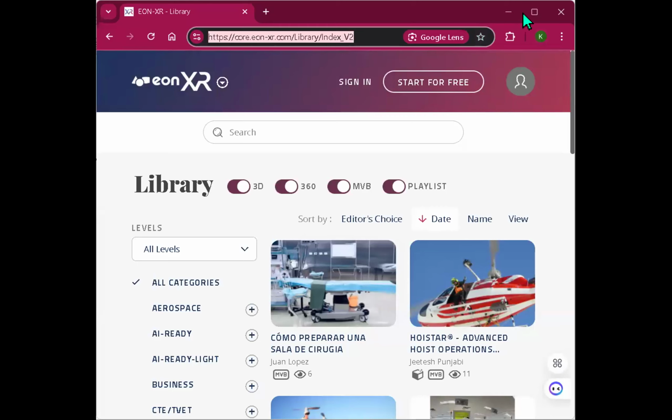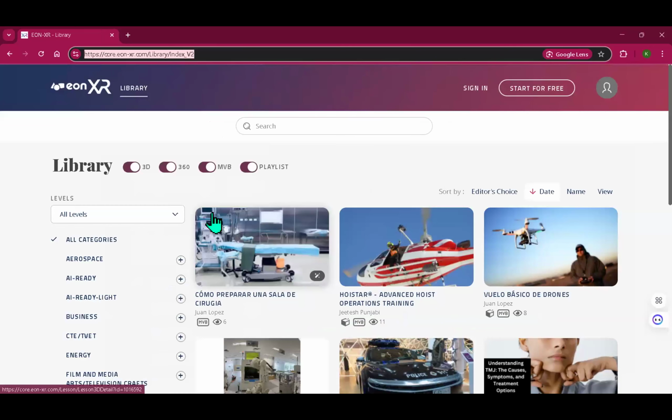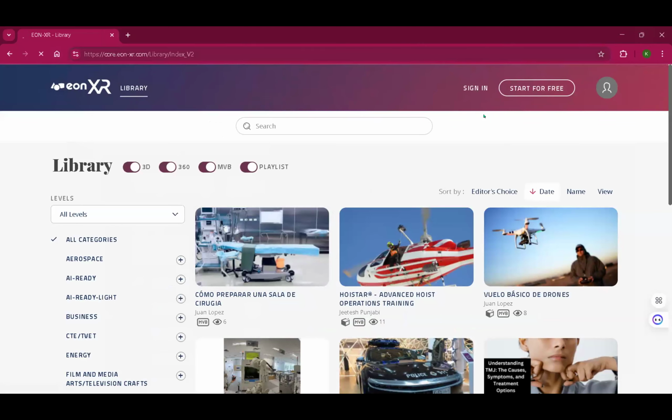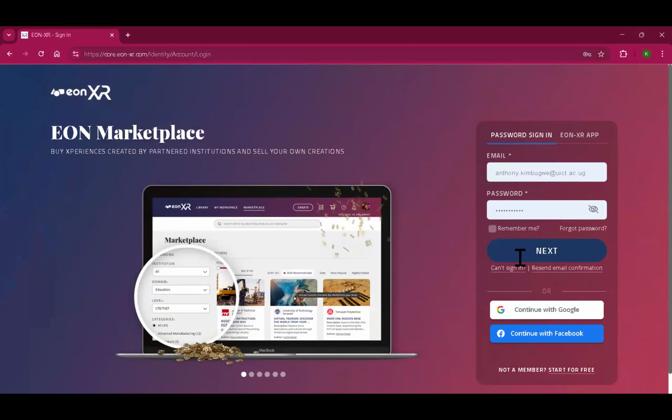So this is the environment for the EON platform. With this environment, you will be able to view exactly what you're supposed to see and all the tools you're supposed to use. Throughout this environment, you can see we have a library from which you will be collecting information. At the same time, maybe let me just sign in myself so that you see the other areas. I've not signed in, but don't worry, this takes a short time.